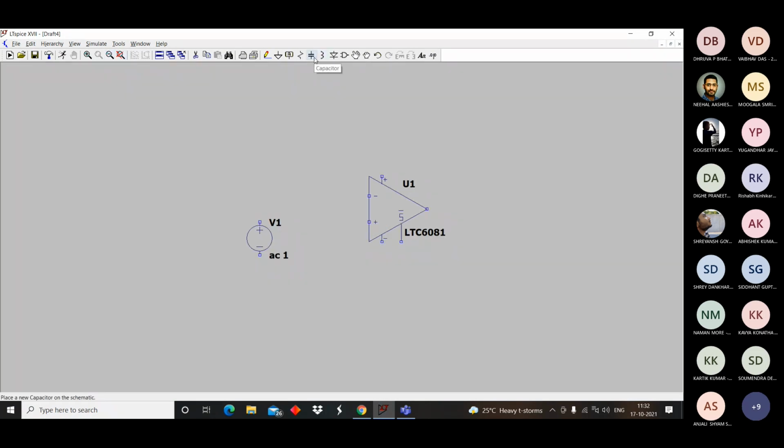Next, we'll be putting resistors and capacitors in our network. You can just drag the object since it's getting a bit clumsy here. Moving on to the capacitors.